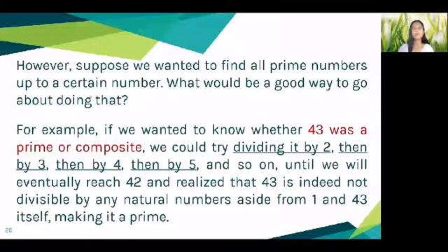For example, if we wanted to know whether 43 was prime or composite, we could try dividing it by 2, then by 3, then by 4, then by 5, and so on, until we eventually reach 42 and realize that 43 is not divisible by any numbers aside from 1 and 43 itself,